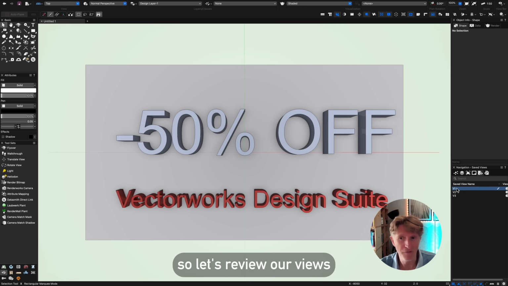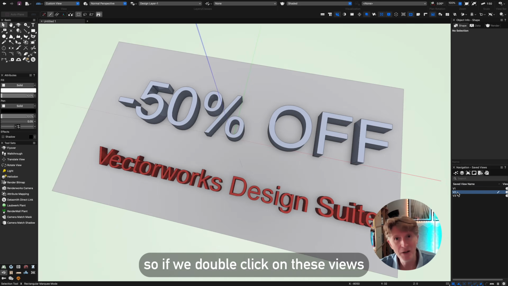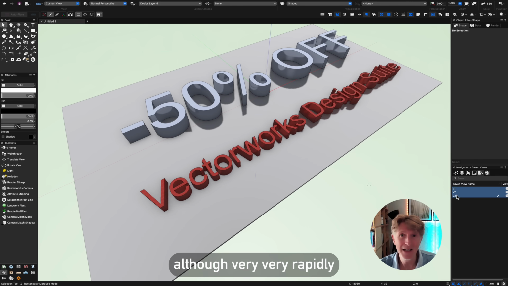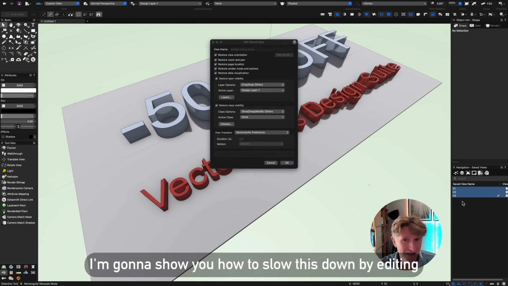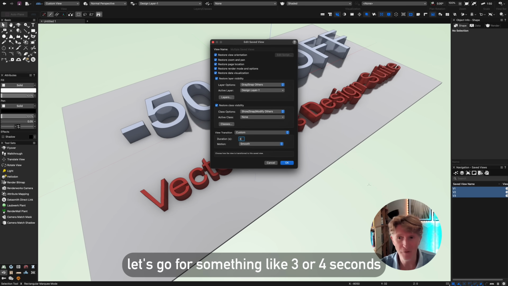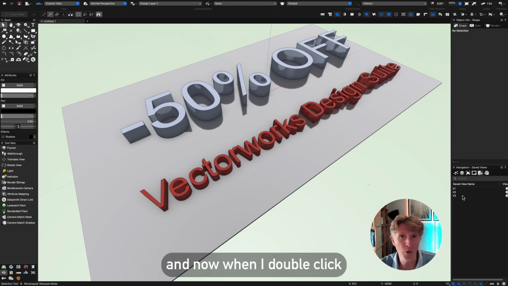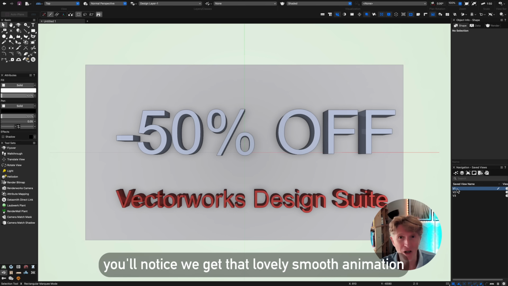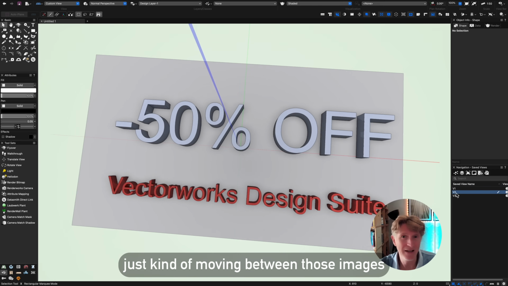So let's review our views. If we double click on these views, you can see it animates between them, although very, very rapidly. I'm going to show you how to slow this down by editing, go to custom and basically put a really nice little transition. Let's go for something like 3 or 4 seconds. And now when I double click, you'll notice we get that lovely smooth animation, just moving between those